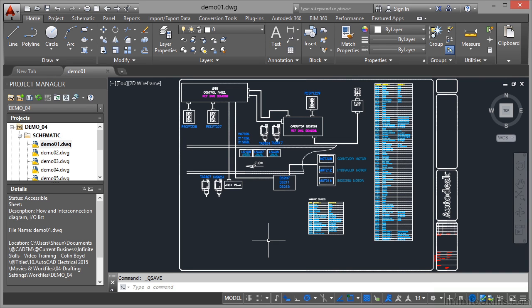There are times in your AutoCAD electrical drawings where you will need to snap to specific objects to draft accurately, neatly and effectively. And what you do is you utilize your object snaps in AutoCAD electrical to do this. Just before we start, we're back in drawing Demo 01 this time, in the Demo 04 project